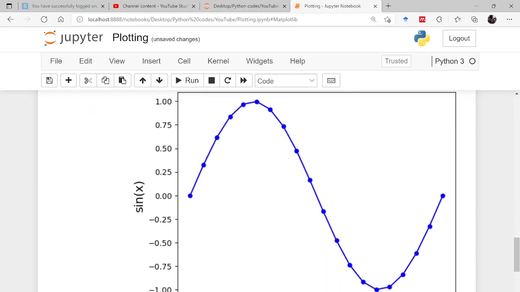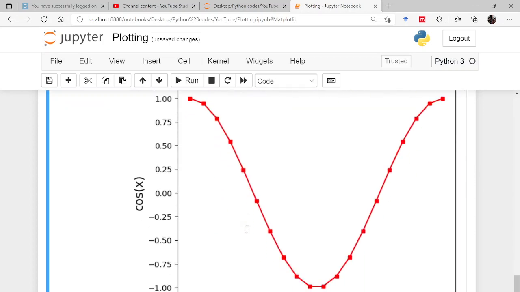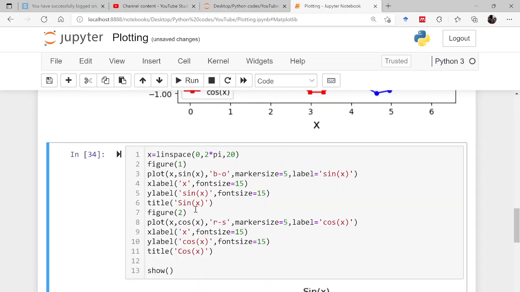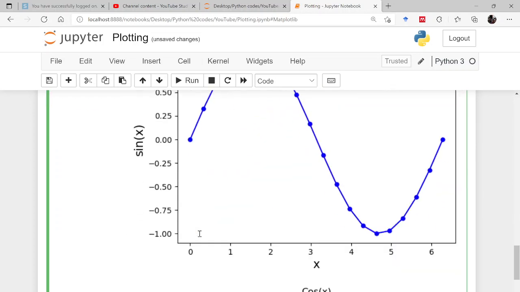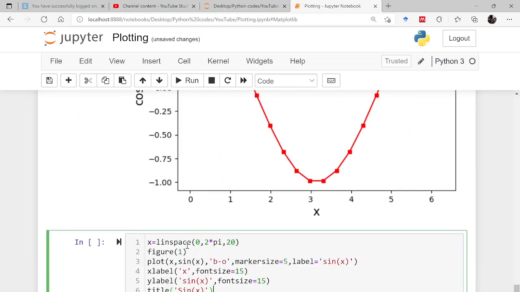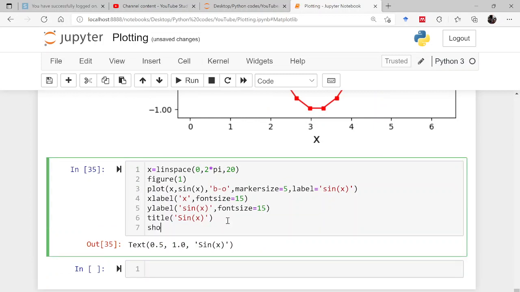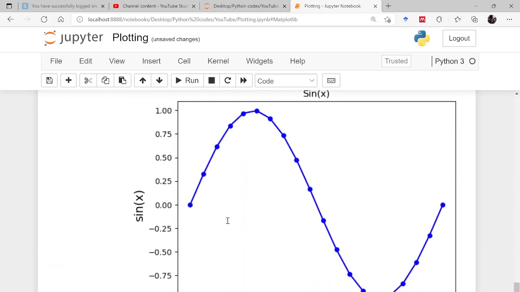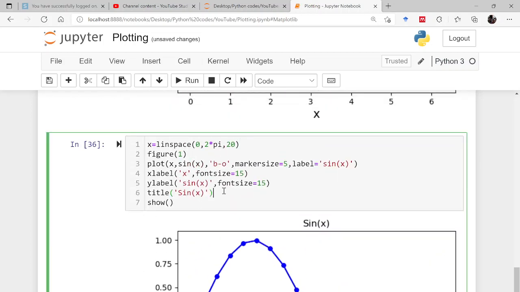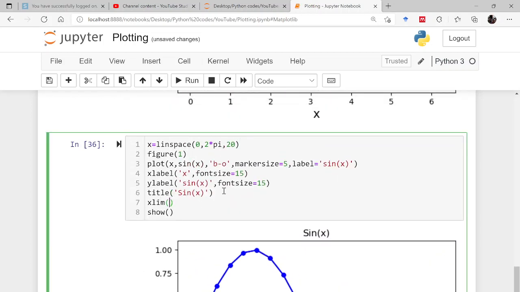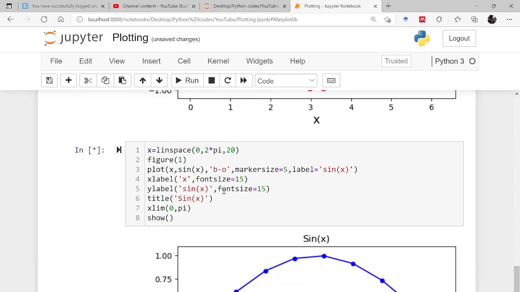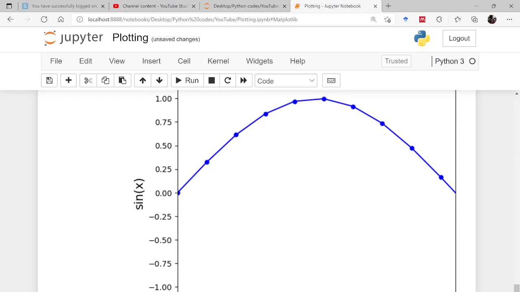Apart from that, you can also change the size or the limit of the axis. So for example, let me do this again. Let us take this only. Sorry. So this is show. So this is your sin x graph. Later on, I thought that I should go from, let us say, 0 to pi only. So I can set the x limit by writing xlim, and then it is going from 0 to, let us say, pi. So now you can see the x limit has changed from 0 to pi.